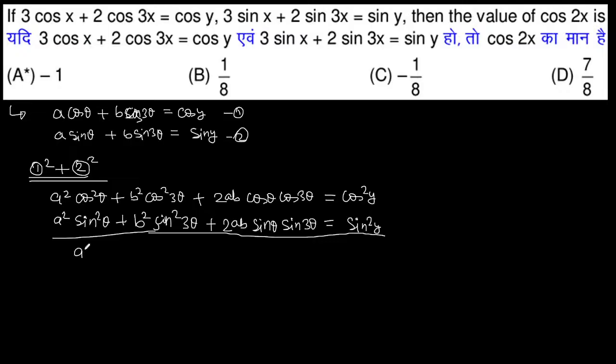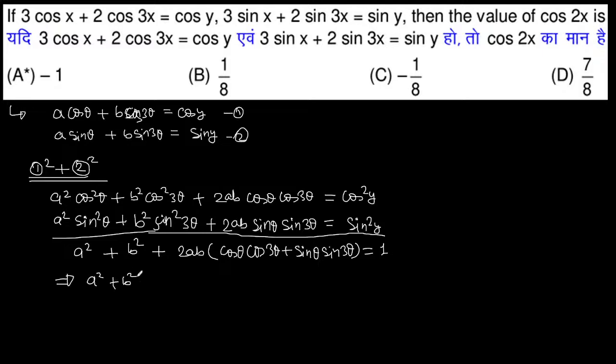Add both of them. a स्क्वायर प्लस b स्क्वायर प्लस 2ab, cos थीटा cos 3 थीटा प्लस साइन थीटा साइन 3 थीटा, और ये cos स्क्वायर प्लस साइन स्क्वायर 1 हो गया, ये cos 3 थीटा माइनस थीटा, जो 1 के बराबर है।